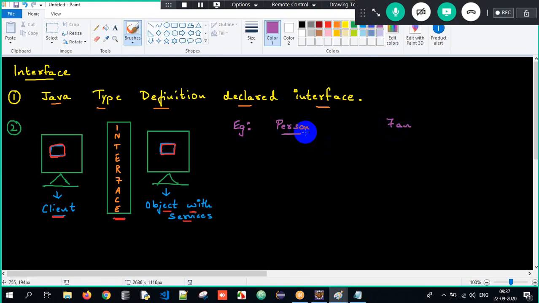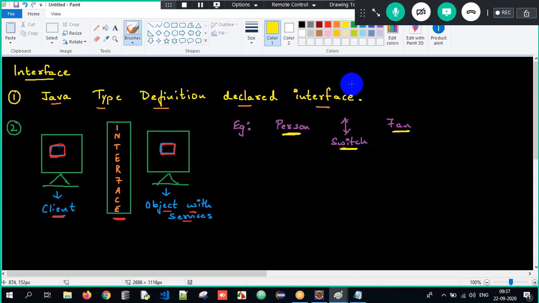The person wants to switch on or switch off the fan, so there is a medium, an interface, between them. It's the switch.